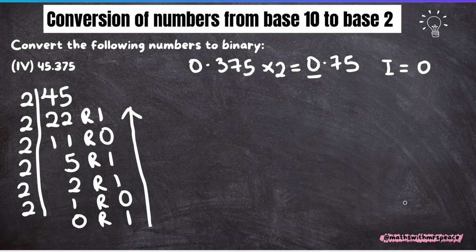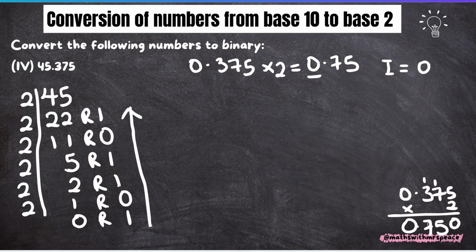So I'm going to come down here and say 0.375 multiplied by 2. 2 times 5 is 10, so we write 0 and carry 1. 2 times 7 is 14, plus 1, that's 15. So 5 and carry 1. 2 times 3 is 6, plus 1 is 7. With our decimal point, and 2 times 0 is 0. So that's how we arrive at